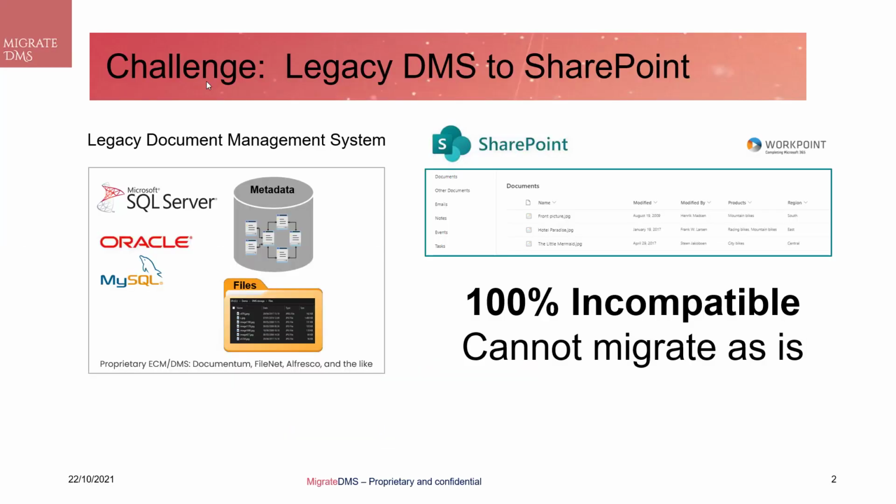Today, we're going to look at how to migrate a legacy document management system to SharePoint. Typically, a legacy document management system consists of a database and some files located in a file share. Then there's some kind of UI that presents the metadata, and then you can open the file. Now, in SharePoint, it is very different. In SharePoint, you have a document library and the files are stored there alongside the metadata. In other words, together. So, a legacy document management system is 100% incompatible with SharePoint and therefore cannot migrate as